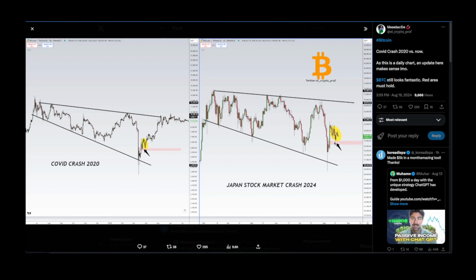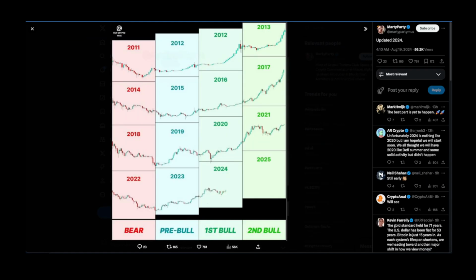Just like right now. So we had the Japan stock market crashing this year, obviously 2024, and now potentially we could experience some slow grind towards the upside, guys. So this is the first bull, and if we look at 2012, 2016, 2020 and 2024, we can clearly see that we are, let's say, in the middle or 60% in that first bull for BTC, all right? So the real party is actually going to start in 2025, right? And if BTC still hasn't experienced its huge cycle, how can we expect other meme coins, etc., to see, let's say, 50x, or 20x or whatever, right? It's still too early in my personal humble opinion.